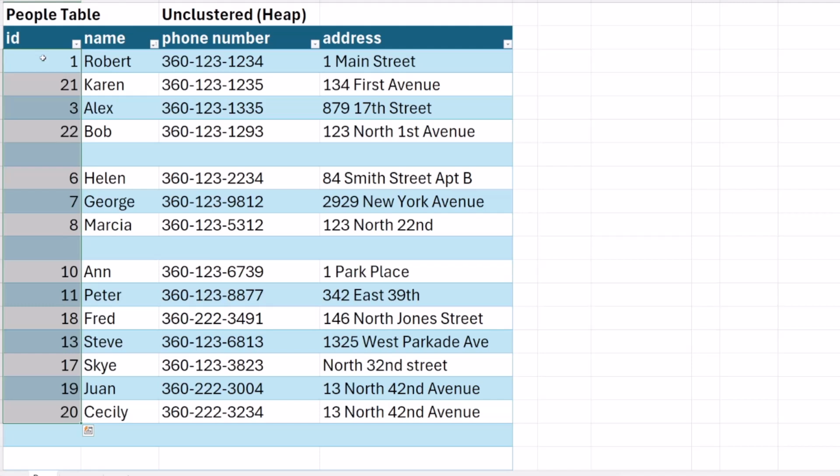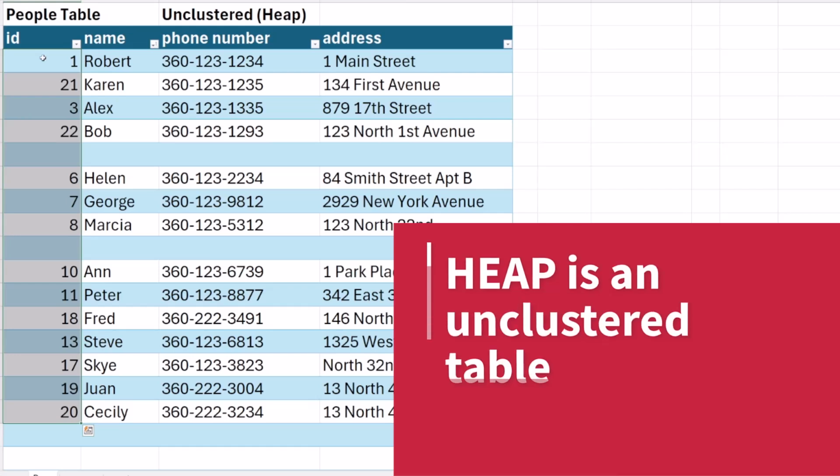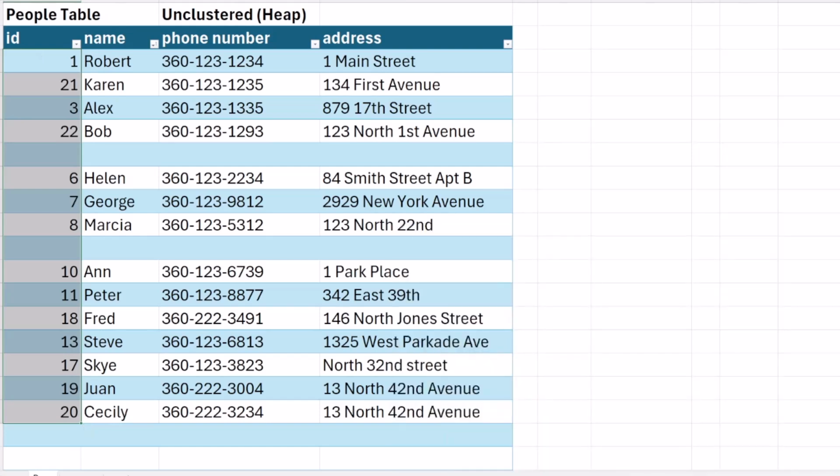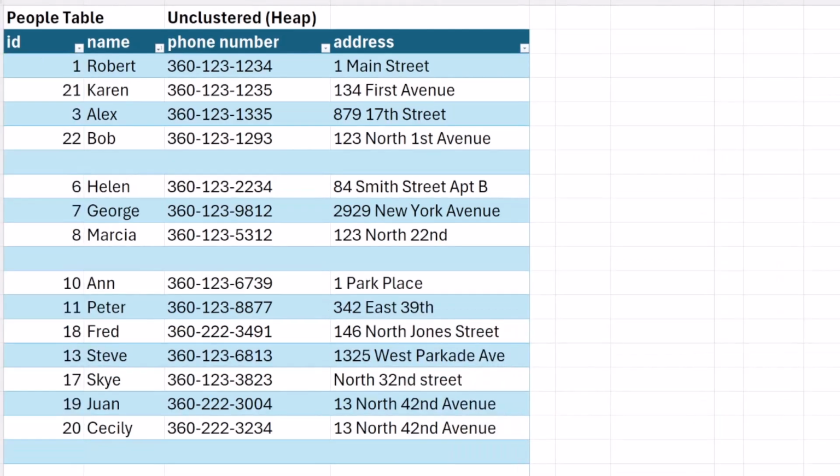Now, if you have 15 million rows in this table, it's going to scan all 15 million rows, even if there's only one ID of 11 in the whole table. It's got to search them all to confirm that there are not multiple. This is a heap. It's an unordered list. Things just end up in the table however they end up. So the unclustered table, or a heap, is really not a very efficient way to access data in SQL Server,